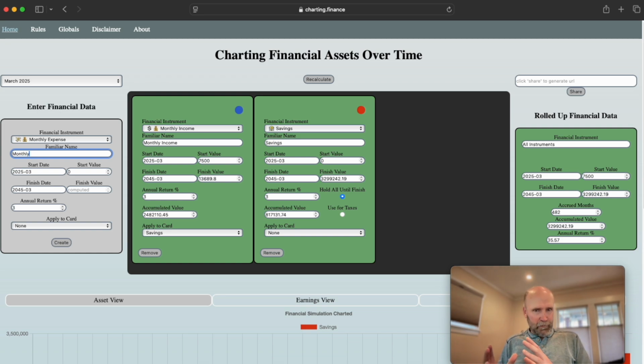We want to keep it macro because this is a planning tool for the future. You can get into that detail, but you're going to be spending a lot of time entering in all the financial data. So we're going to keep it at the macro level just to give you the basic rules that we want to model. So monthly expenses,